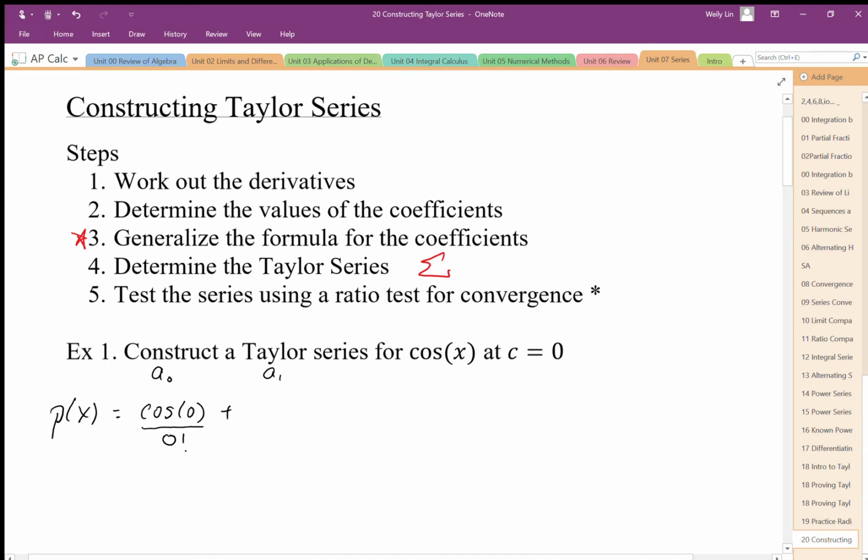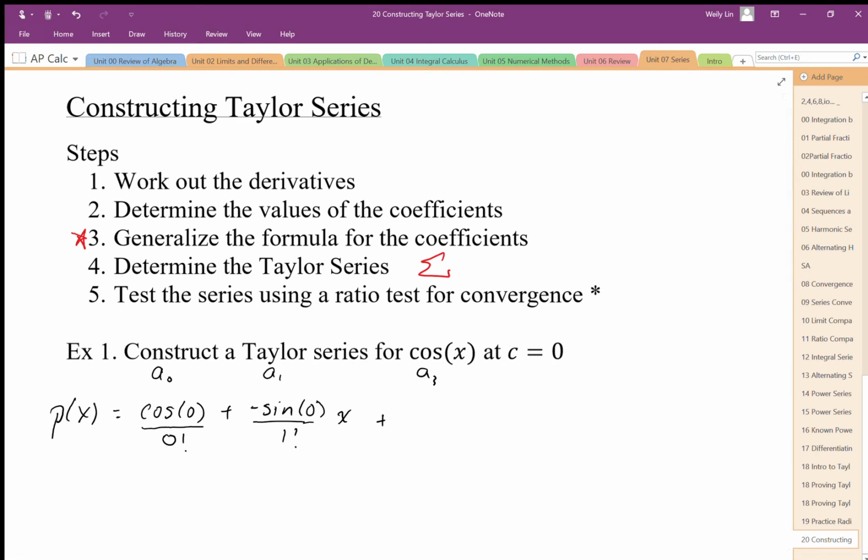So the next term is going to be the derivative. The derivative of cosine is negative sine. Negative sine evaluated at 0 over 1 factorial. This will generate the sequence term, and the polynomial term is going to be x to the power 1. And then we're going to go plus a3, and as we go along, I'm going to start evaluating some of these coefficients because we may not have to use that many terms to establish